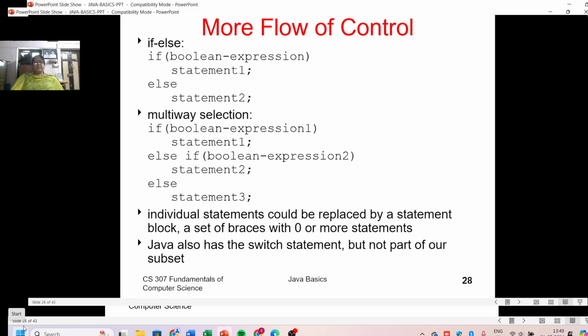For example, switch on a condition. If the condition is 1, case 1 will be executed, and then break. If the condition is 2, the case 2 block will be executed, and break. Similarly, if there are 10 conditions,